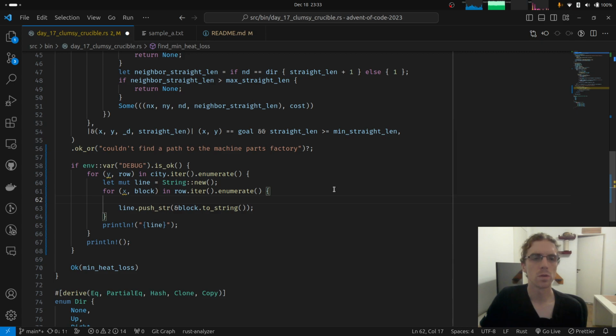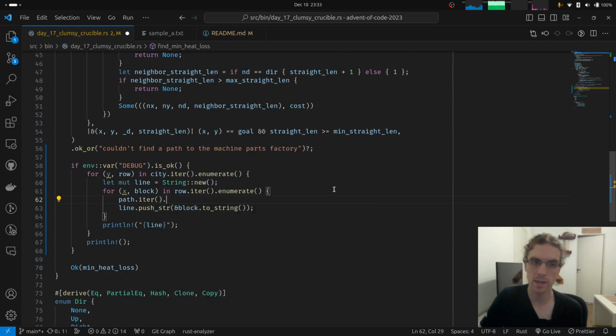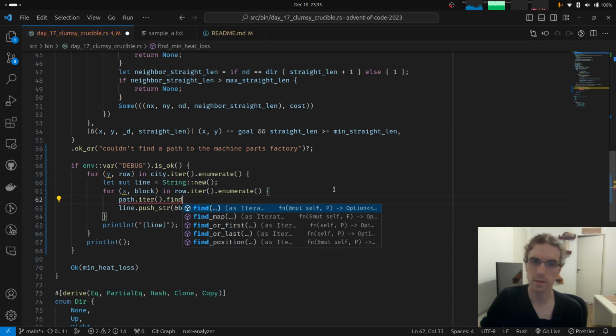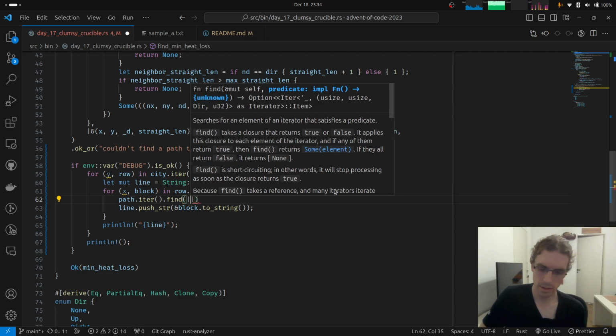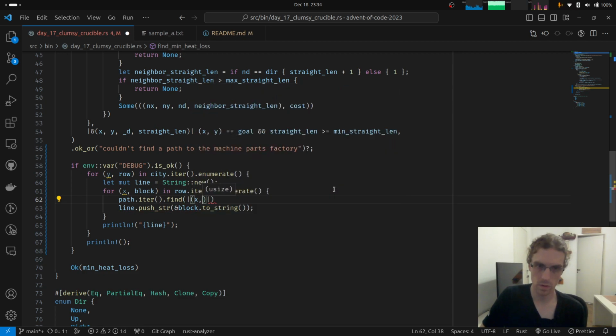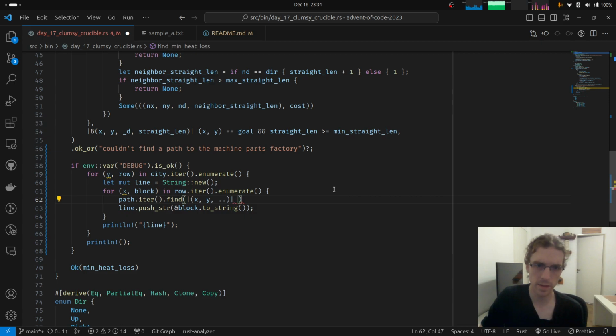So we're going to do path. How do we ask if this contains? Well, we have to iterate it and ask find, let's say. We could also ask contains, but we're going to use this information. So find the node whose xy matches, and we don't care about anything else.